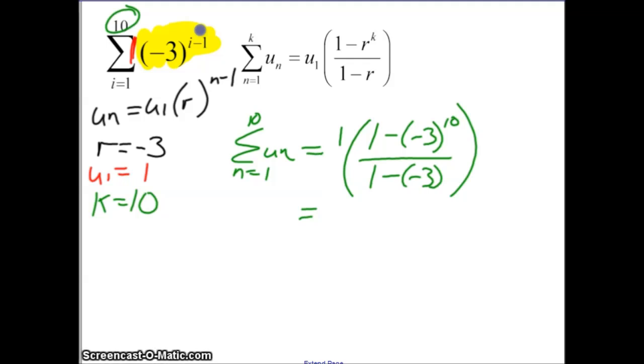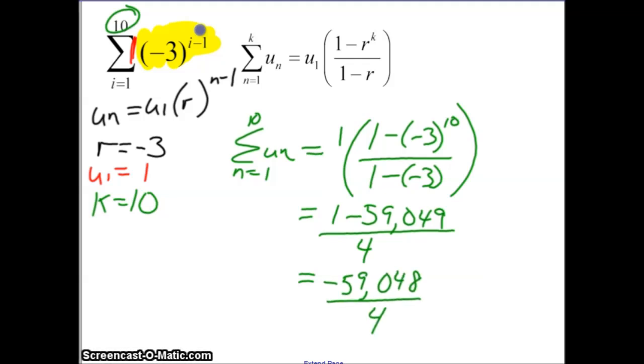Okay, so that is 1 minus negative 3 to the power of 10 is 59,049. 1 minus negative 3 is equal to 4. 1 minus 59,049 is negative 59,048. And then divide that by 4 is 14,000